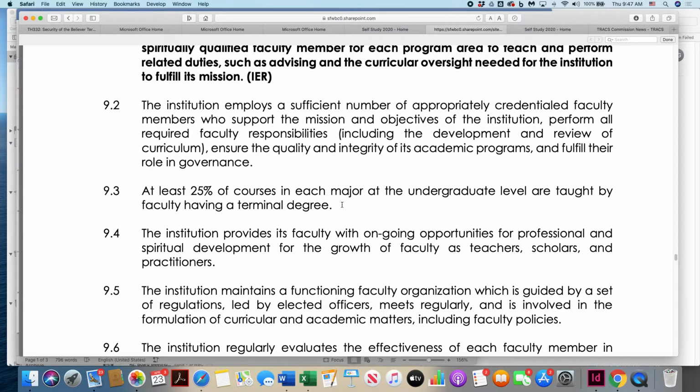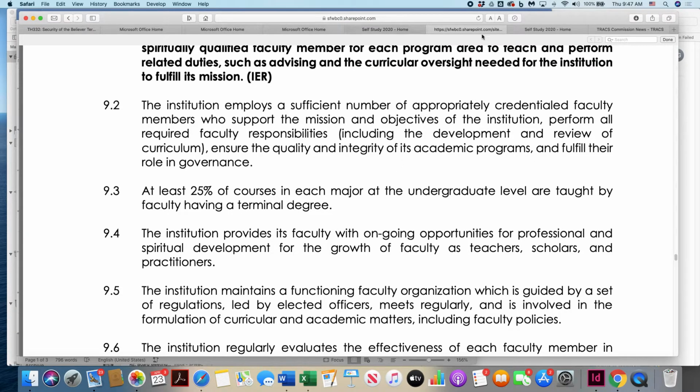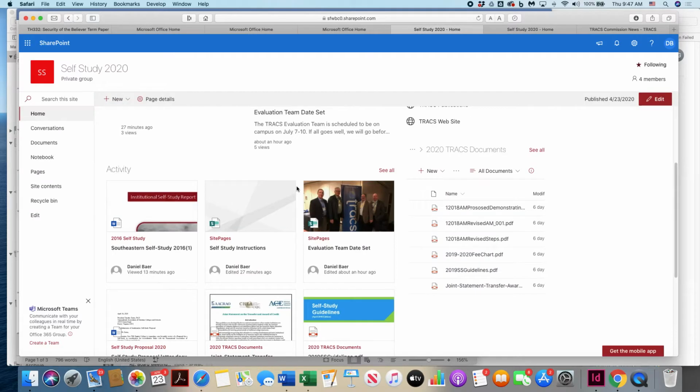And if we don't, we'll get a recommendation, and we kind of expect that. But we are working towards it, and we can show that we are, and I believe we'll be fine. Now, again, this is the TRACS manual. Now let's go over to the other document that I really want you to concentrate on, and that is this